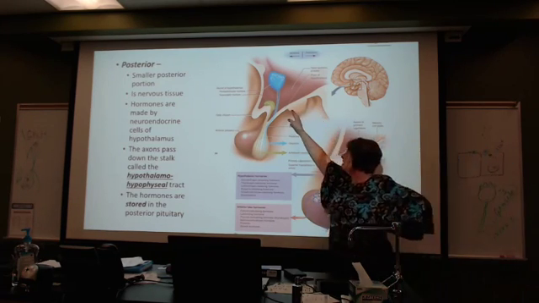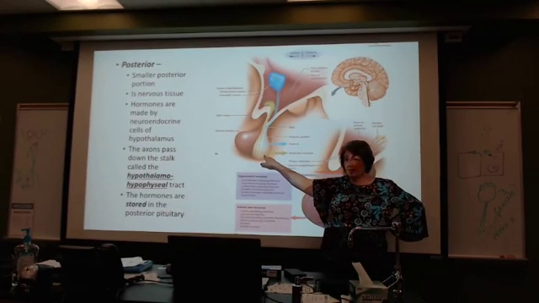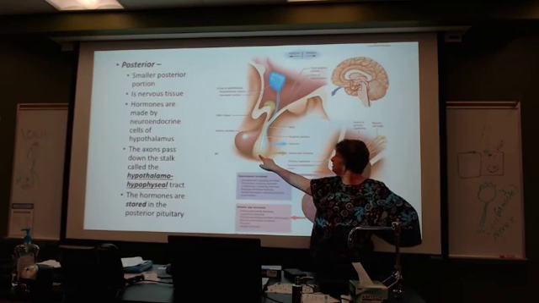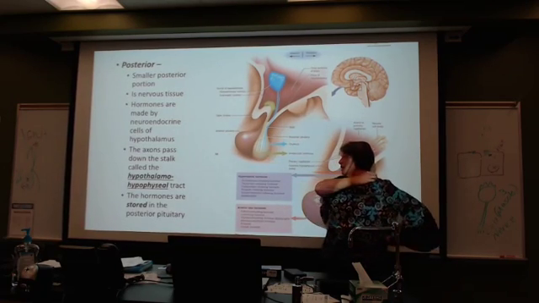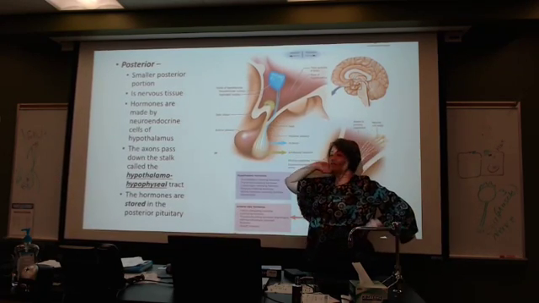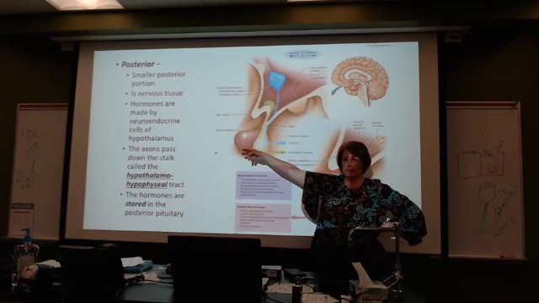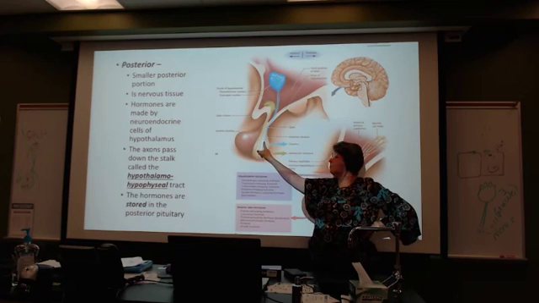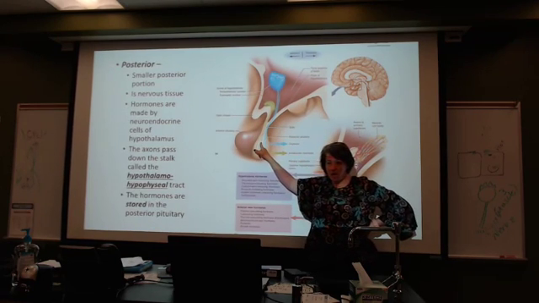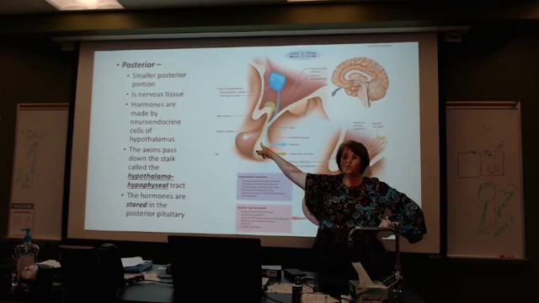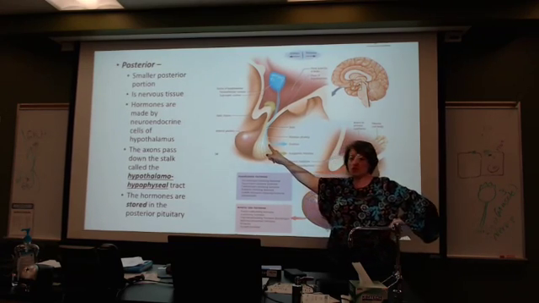So, this area of my hypothalamus makes it to this area of the pituitary, this one to this area of the pituitary, and the infundibulum is where my axons pass. So these are going to be called the